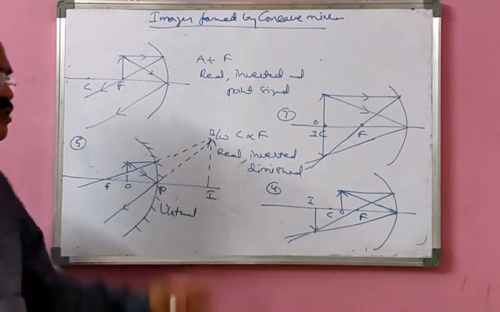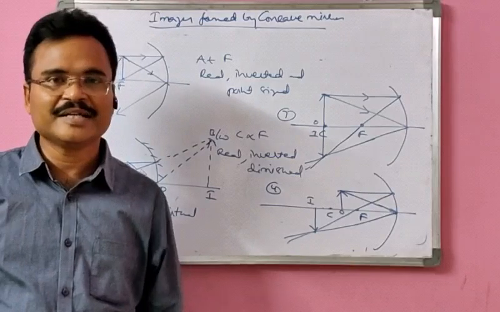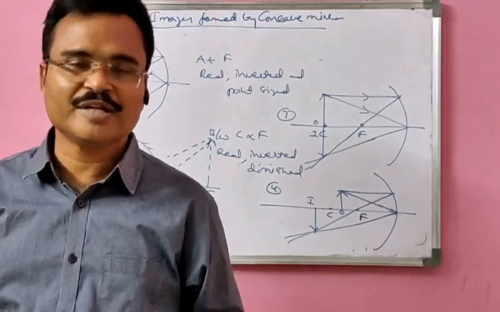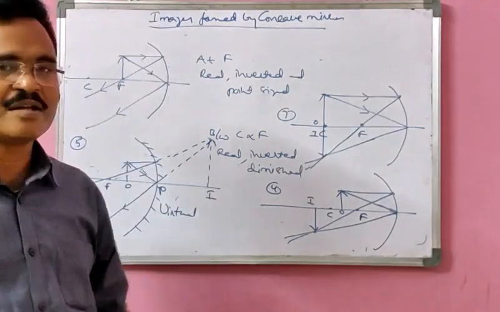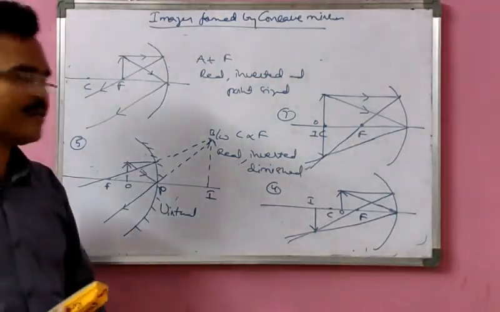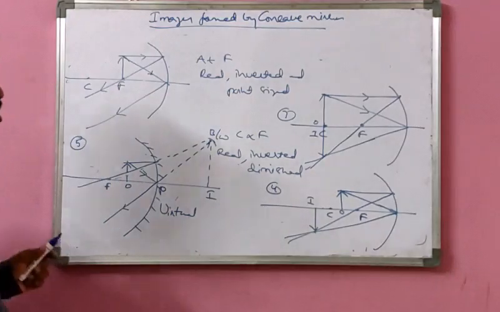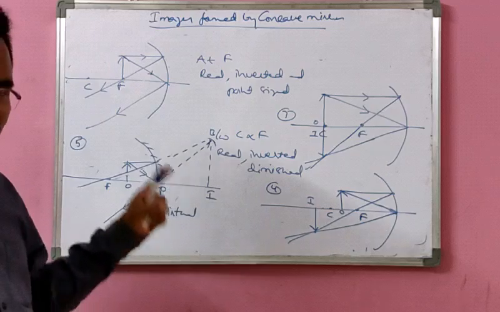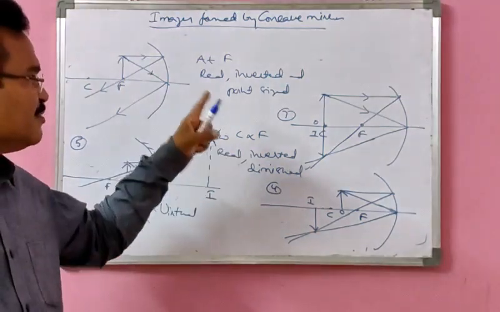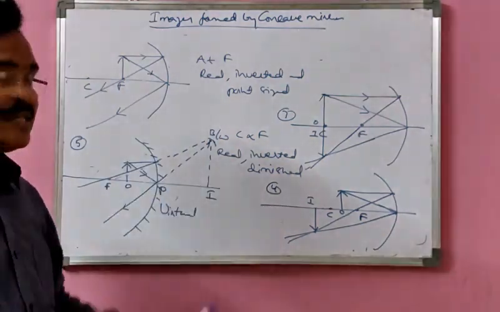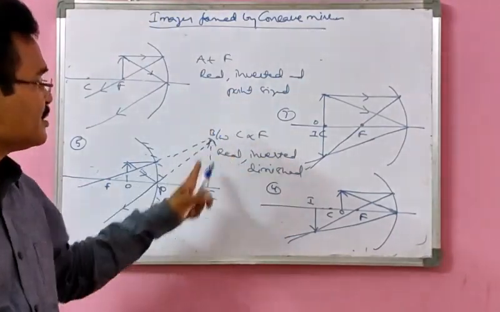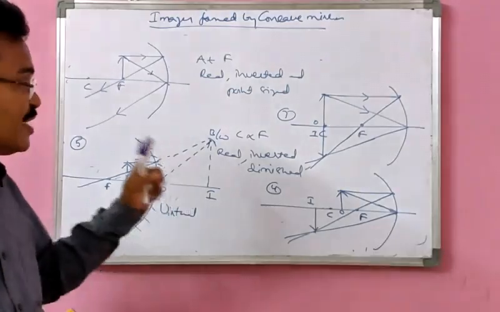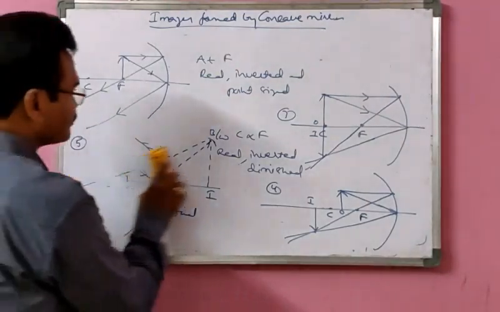So this is the principle used by dentists. Normally, dentist uses this mirror to find the flaw in our teeth whenever you go to dentist. And also shaving mirror uses the same phenomena. Okay, so these are the five positions of concave mirror. It can form real images, virtual images, inverted images, erected images, diminished images, also magnified images. So keep this in mind, very, very important.